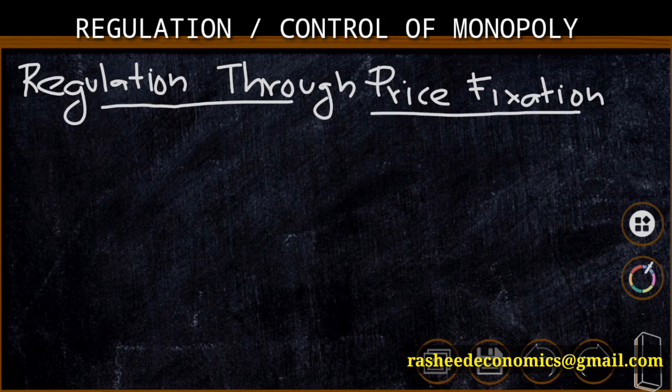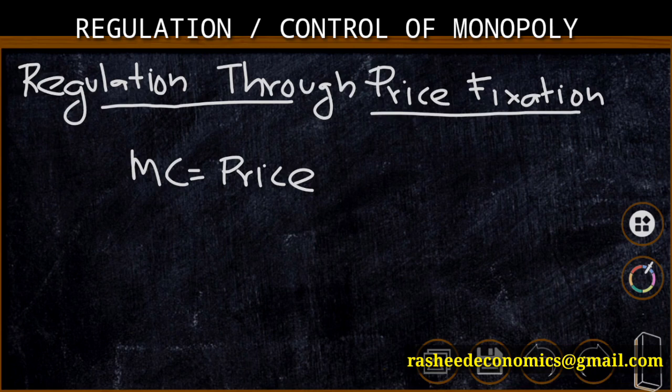two methods. One method is fixing the price equal to the marginal cost. That is the marginal cost pricing principle. Marginal cost pricing: MC will be equal to price. Price of a commodity is equal to the marginal cost of the commodity. Here the marginal cost pricing is adopted through the application of a demand curve.